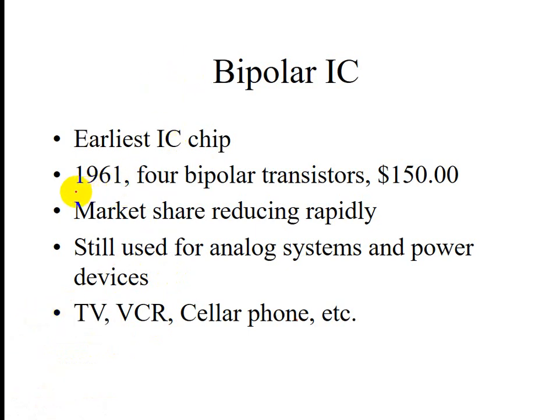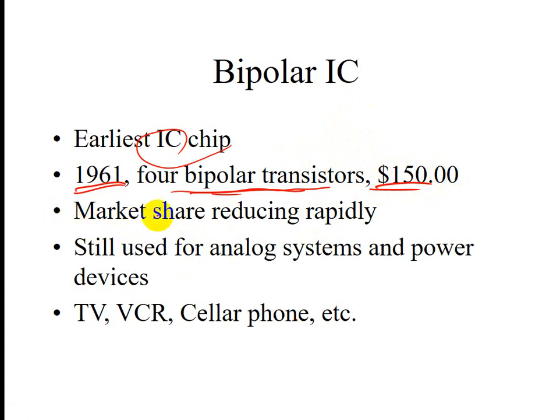In 1961, at Fairchild Camera, they actually used 4 bipolar transistors to build the first IC. At that time it cost $150 per piece. It's very expensive at that time,